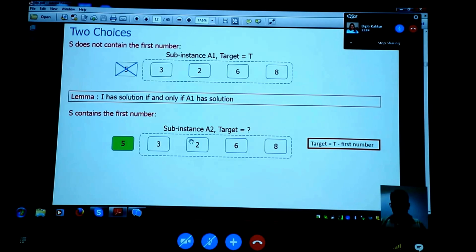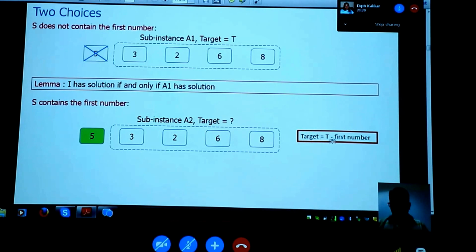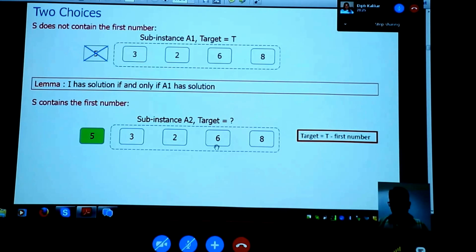So our second exploration would be this subinstance, made up of the suffix 3268, the same as before, except that we are slightly changing the target for the second subinstance. We are saying that it's going to be 12 now, or the target t minus the first number, right? So these are the two instances we are going to recursively solve. One has the same suffix, 3268, with the same initial target t itself. In the second case, the same suffix, but with a modified target of t minus first number. So these are the two things we are going to solve, and that is